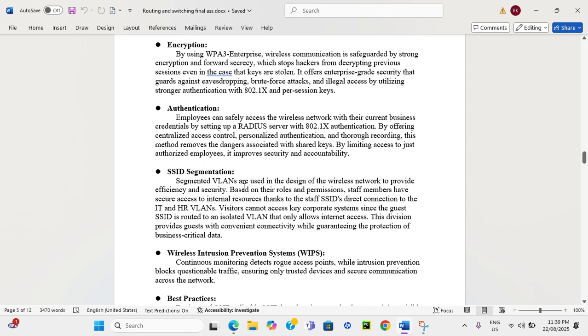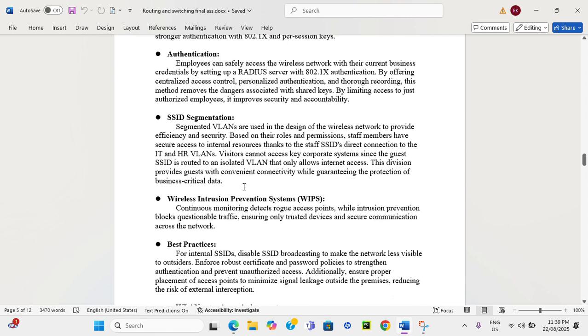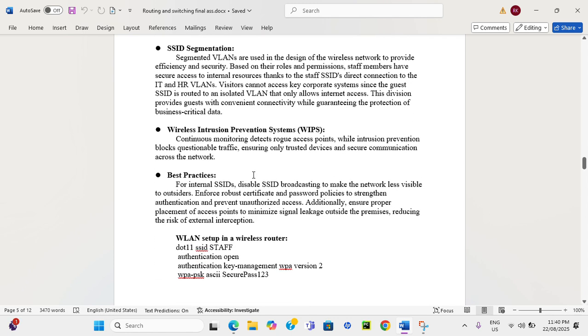One SSID for staff, which can map to corporate VLANs like IT and HR. Similarly, the other SSID for guests, which can map to an isolated VLAN